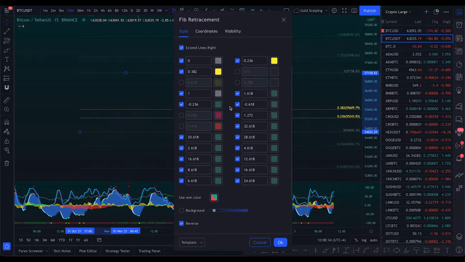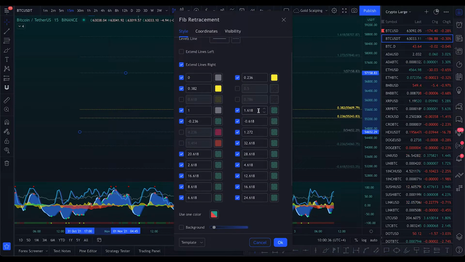So that's how I do it. And then I go on every single multiple of 618. Basically 618, and then here. Yeah, keep going. 2618. All multiples of 2, right? 2, 4, 6, 8, 10, 12, 14, 16, yeah, all of them, all the way to 24, 32. We're going to talk about that later, maybe another video, because this is too much. Let's focus on the golden ratio for now, but this is very, very good for price prediction. Anyways,